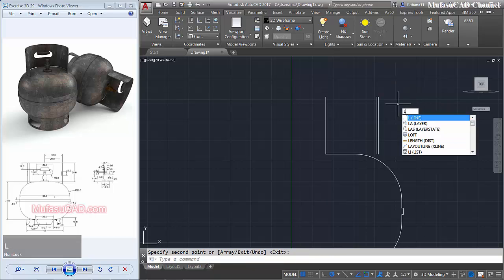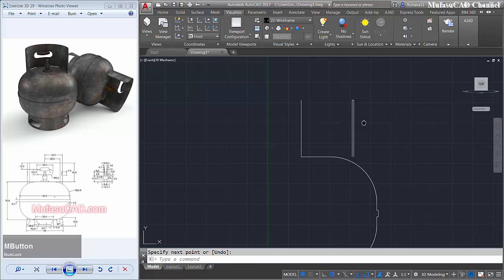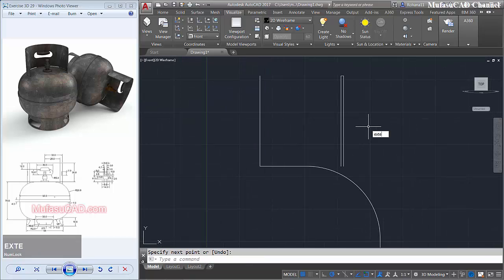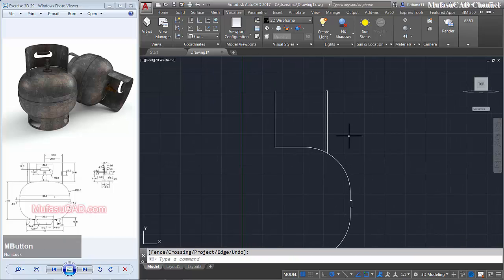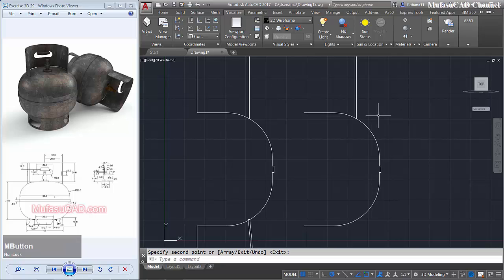Use the line command to connect this point to here, enter to finish, and I will extend these two line objects. Okay, use the copy command. We copy this object to the right here, and I will trim this object. Okay, and I will delete this object.